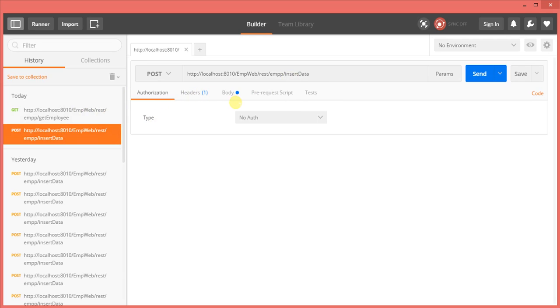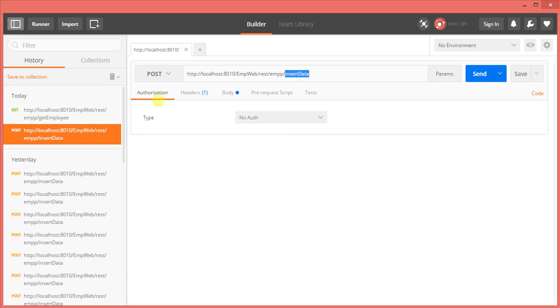To test my REST services, I already developed a service and it's running on my local machine at port number 8010, and EMPWeb is my application context, and rootREST is my URL pattern, and EMP is my resource name, meaning my path name, and insertData is the path of my method.